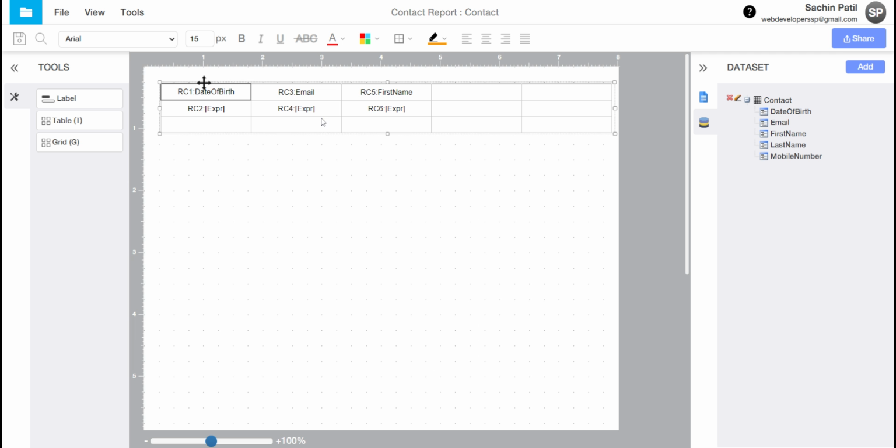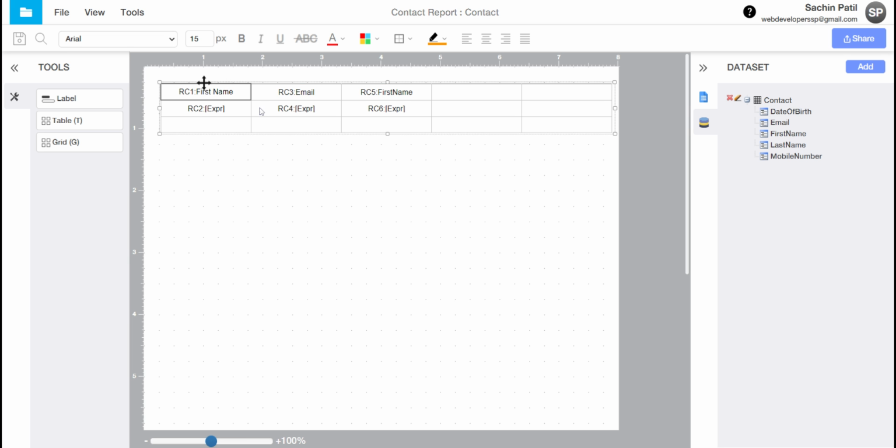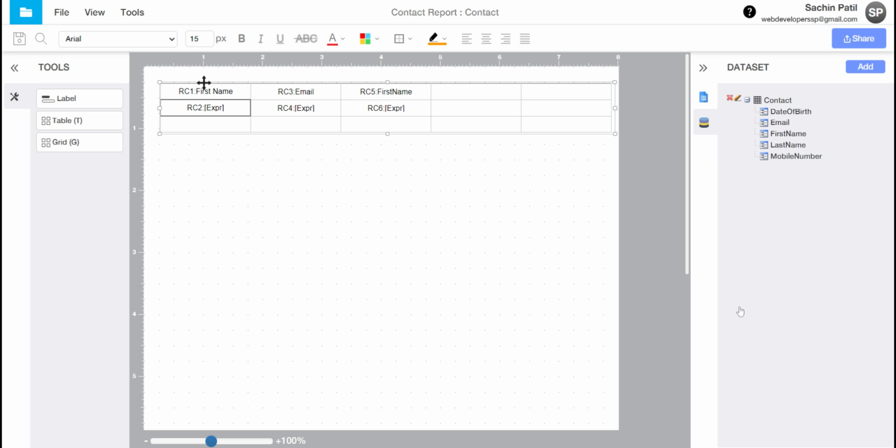Okay, so first of all, I have to put the first name here. For this, I have to right click and do some expression. Okay, so for the expression, I'll do the first name here. If I do this, it's done fine. Then I have to change this one, right, expression. And then see here it's showing that one. I'll remove that one and click OK, and then click the first name. See, okay, done.